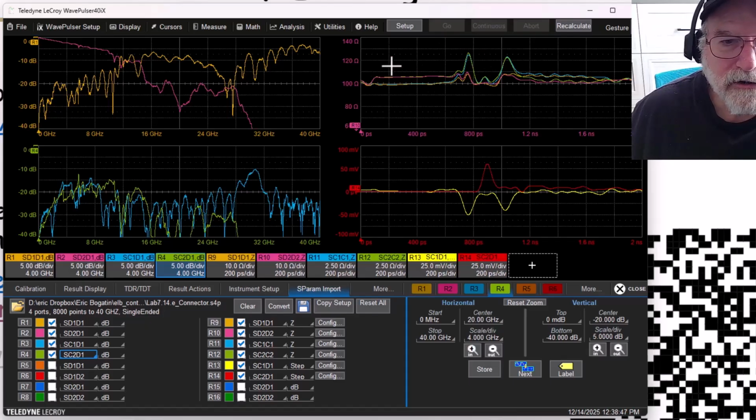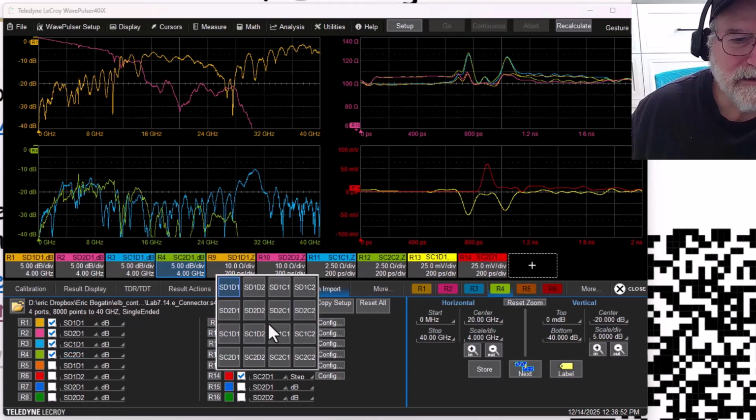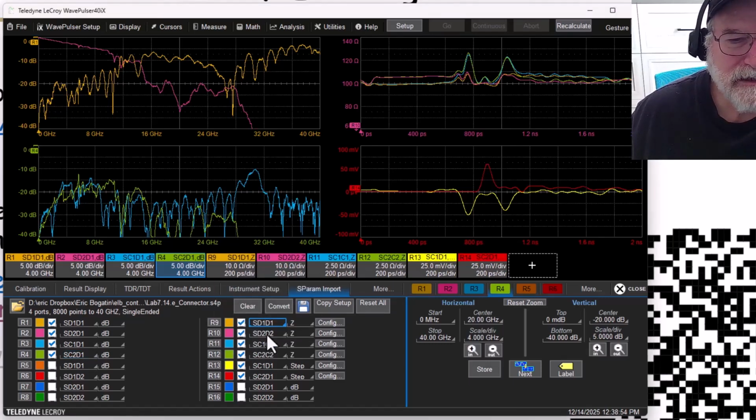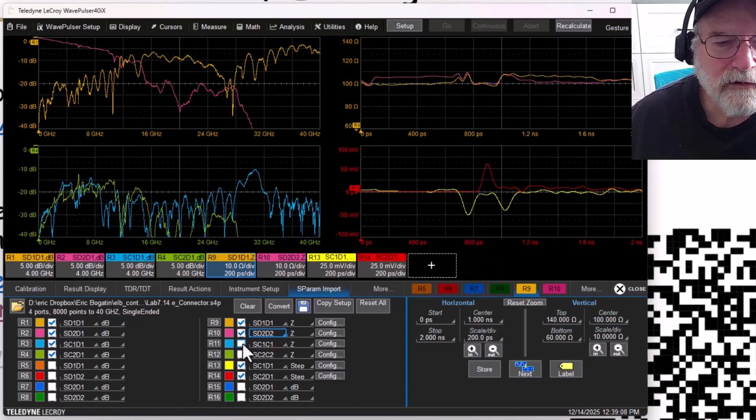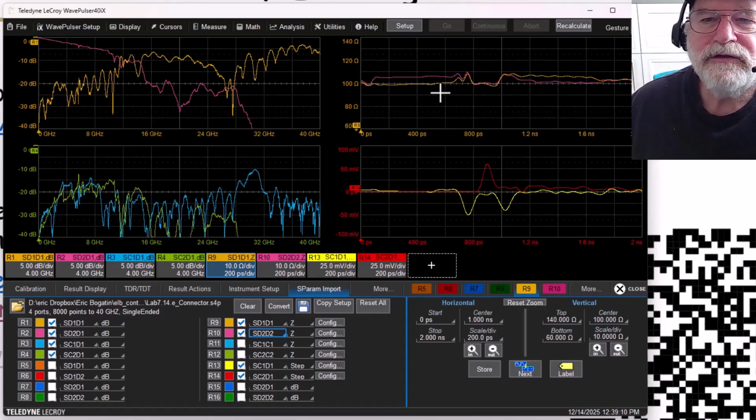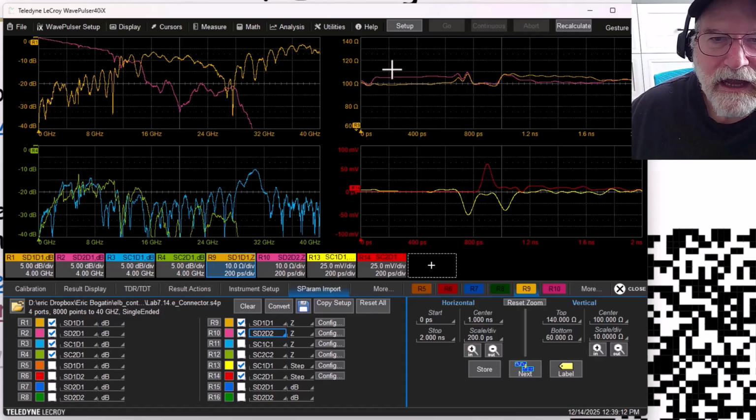And for the TDR response, let's see, we were looking at single-ended before. Let's look at the differential. So let's do SDD, SDD, and let's do the common. And let's look at just these two. And let's turn off the common. And so here's that differential return loss. And you can see that